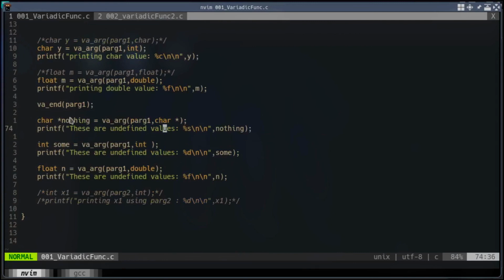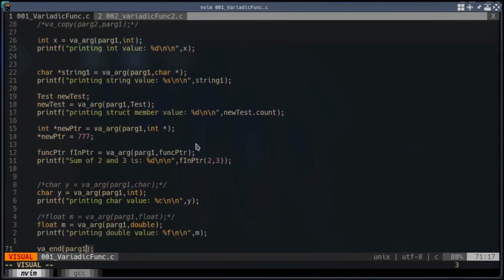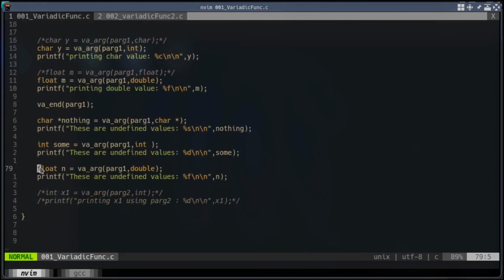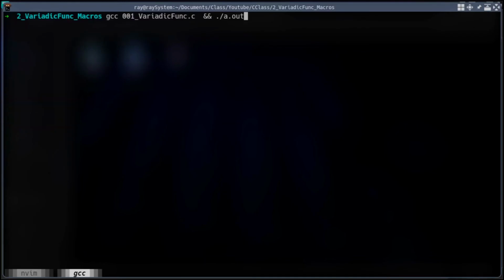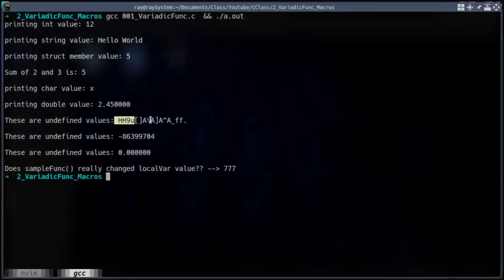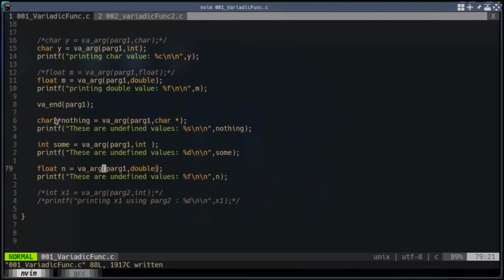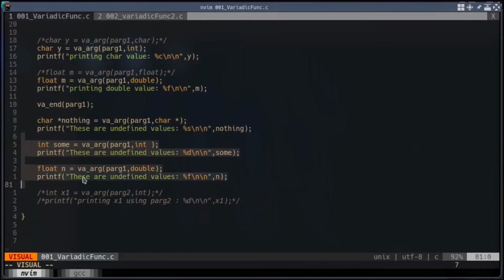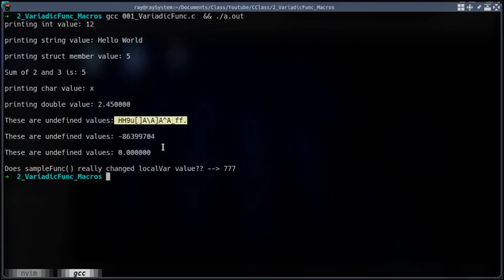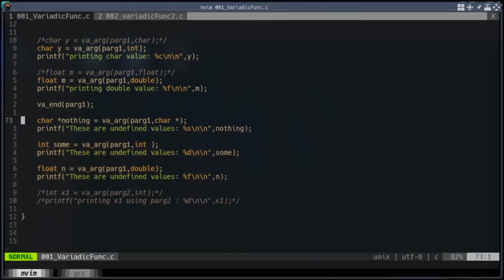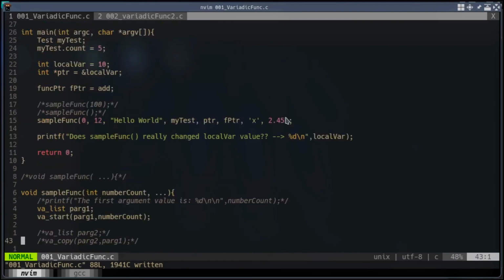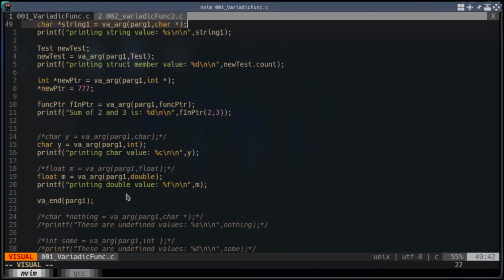Here I am trying to retrieve a character array or string which is not actually present, because the last arguments we passed were a float, then an integer and another float. If I compile and run this program, you can see that I am getting some garbage value for this particular character string, and garbage values for this integer and float too. So this is undefined. So if you need to access the same argument once again, you cannot reuse this ap1. Once you access the last element of this variadic function, this ap1 will not be useful anymore.